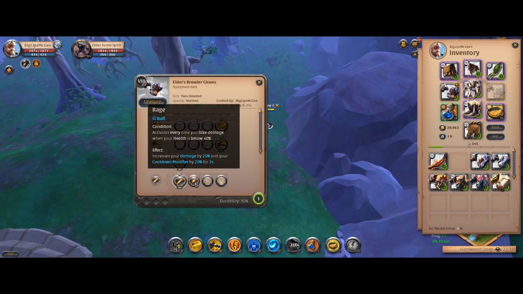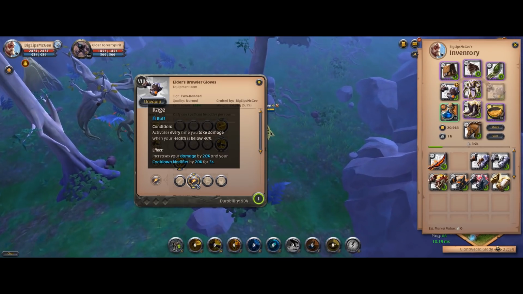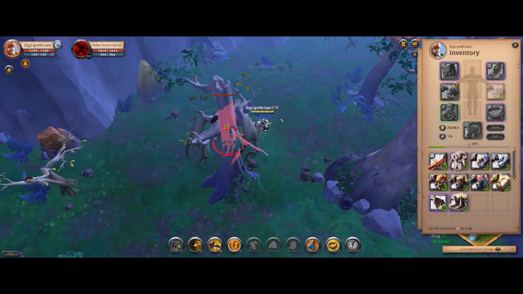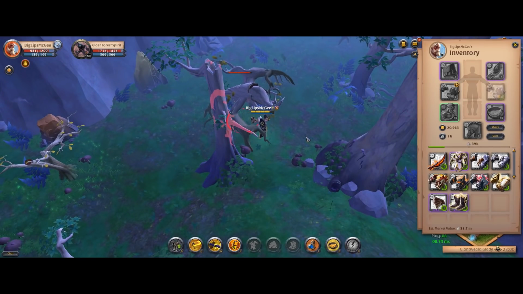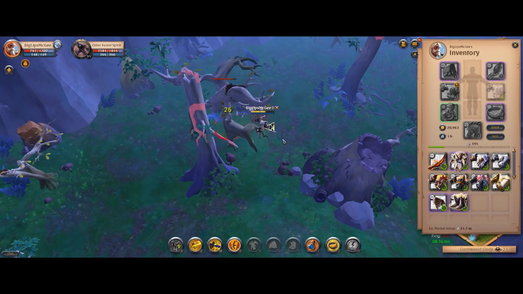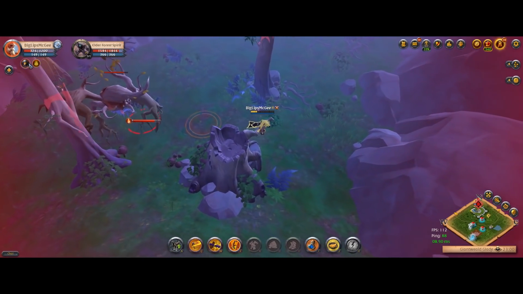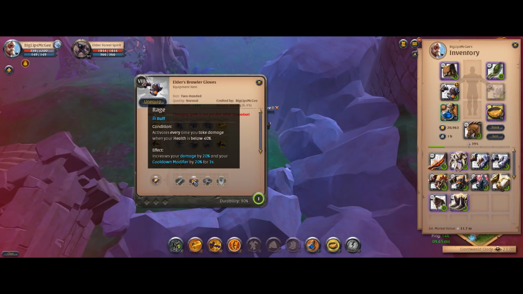Next one, conditions. Every time you take damage when your health is below 40%, it increases your damage by 20% and your cooldown modifier by 20% for 3 seconds. Very interesting. It's kind of like a berserker sort of thing. Let's see if I can get low here. Looks like auto attacks are a little bit buggy right now. They're not always doing damage, but I'm sure that'll be fixed. Yeah, so just a normal sort of buff there. Interesting. Does it have a cooldown? I guess it doesn't have...